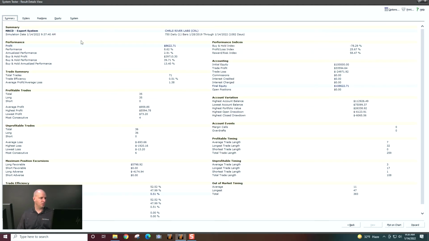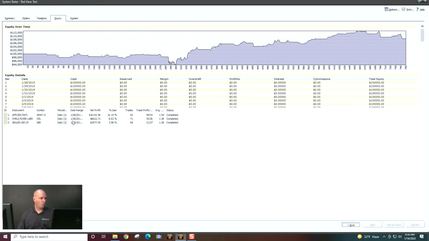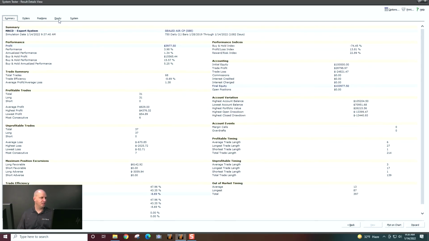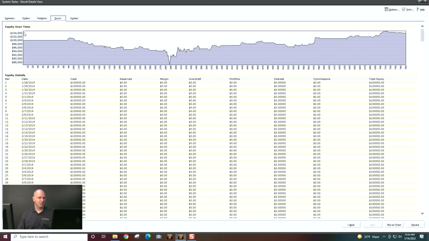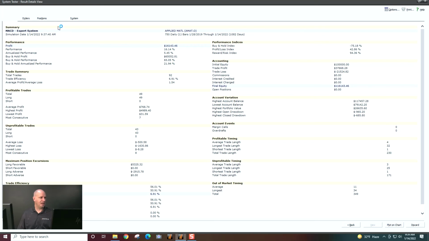Let's go to the next one in our list and look at the equity line. This one worked well. Very recent market, it's kind of gotten a little choppier, so maybe one to watch or avoid for the moment. And we'll look at the last one. Okay, so large dips, hasn't performed great over time. So this is probably the one I'd stay away from the most, just looking at them. But out of the 3,